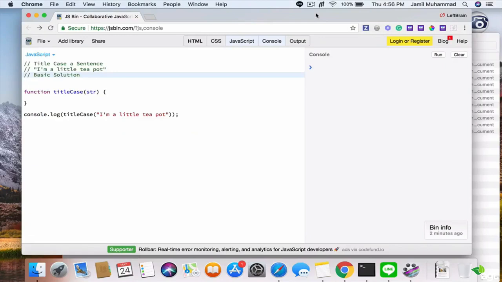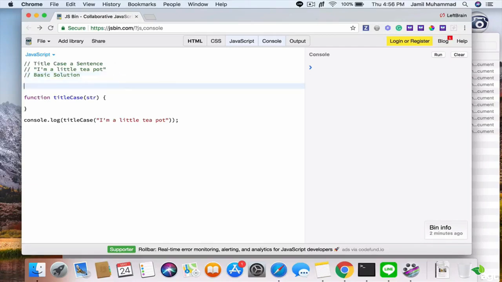Alright, so we're going to title case a sentence with this basic code algorithm. So first, I'm going to create a string constructor prototype. It's going to be called replaceAt, and set that equal to function index comma character,